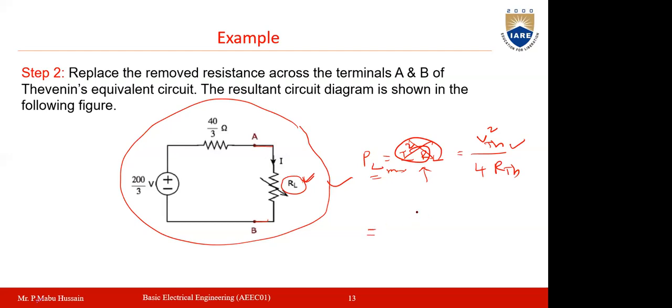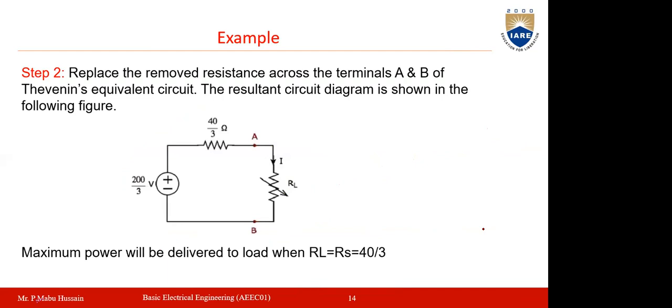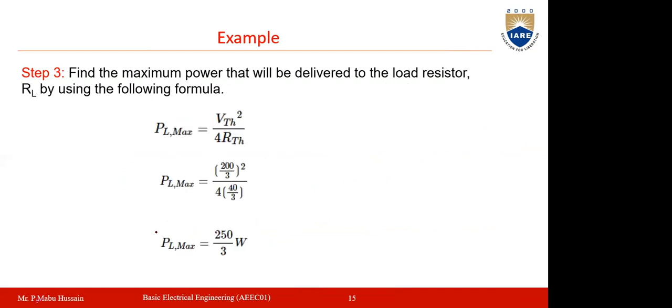You just substitute them. So 200 by 3 whole square by 4 into R Thevenin, which is 40 by 3. Now you calculate this value. Finally you will get the maximum power equal to 250 by 3 watts. So this is how you can determine the maximum power delivered to the load by using the maximum power transfer theorem. According to the maximum power transfer theorem, load resistance will be equal to source resistance. Then only maximum power will be delivered, and the value of maximum power